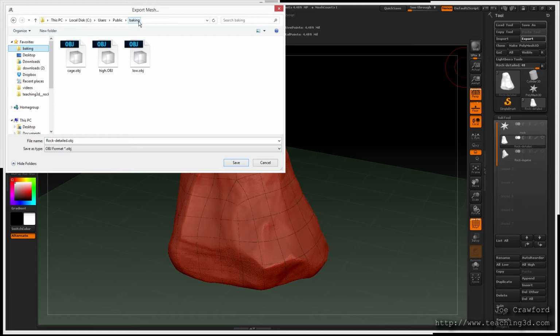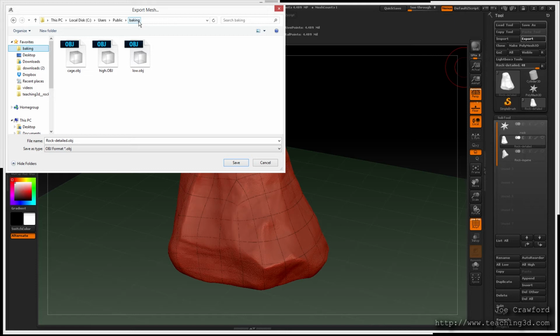You can use anything you want. But in this situation, I'm just going to use this particular folder. And I do recommend using some kind of publicly accessible folder for it. Generally, all of the files that I create while I'm baking are just going to be temporary files. So I'm not really going to need to keep most of them, because the real files that I actually want are going to be the Maya files and the ZBrush files and the resulting textures that I get. The intermediate OBJ files and things like that, they're all garbage and I can delete those later. If you really want, you can keep them, but strictly speaking, it isn't necessary because they're extremely easy to re-export